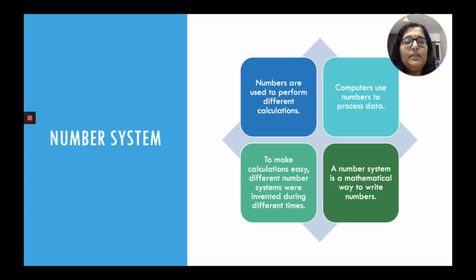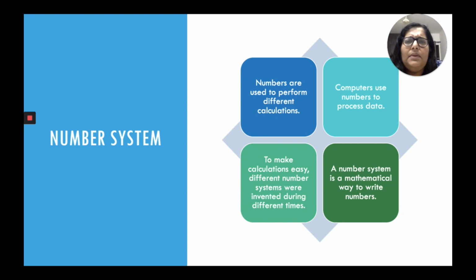So, if you look at the points given here, you know that we use numbers for doing calculations. Those calculations involve a lot of things. It can be addition, subtraction, multiplication, division in your terms. And in computers, it's a little more advanced compared to that. But for basic calculations, we need numbers.